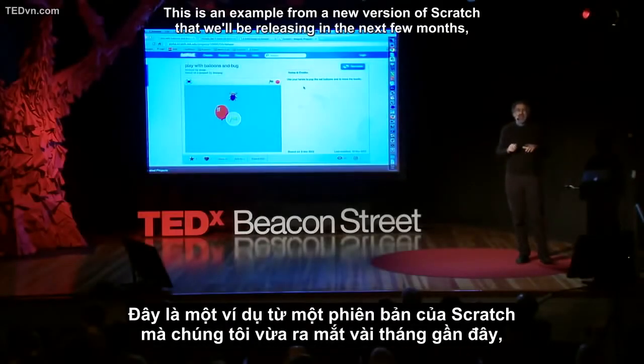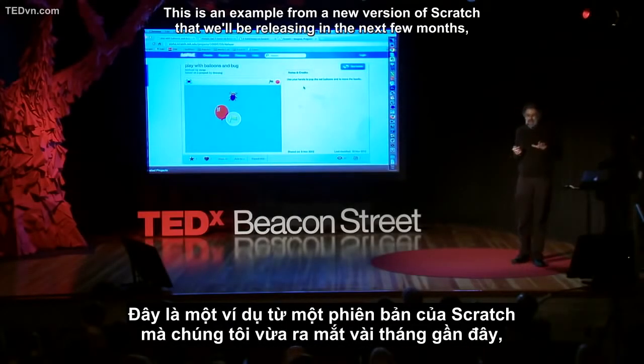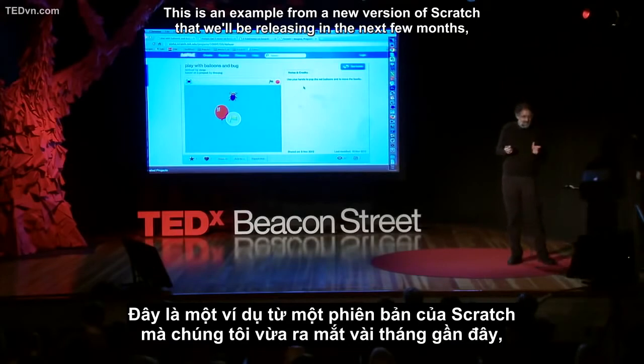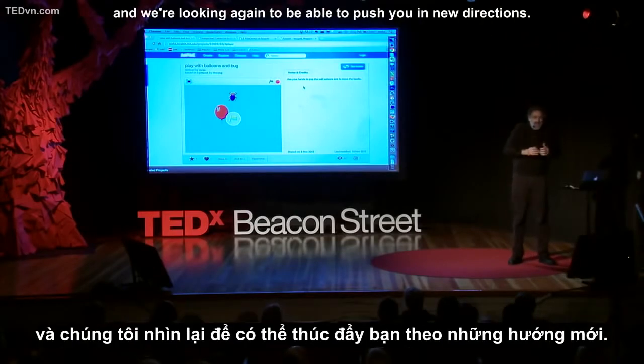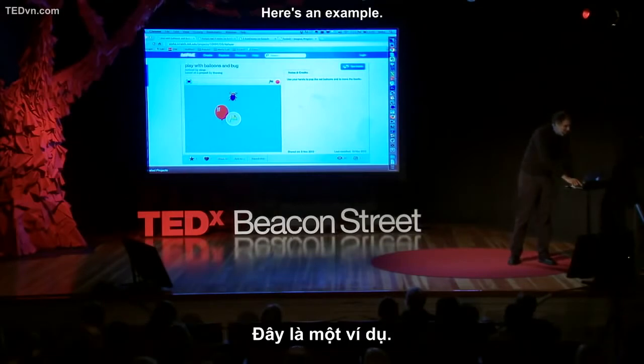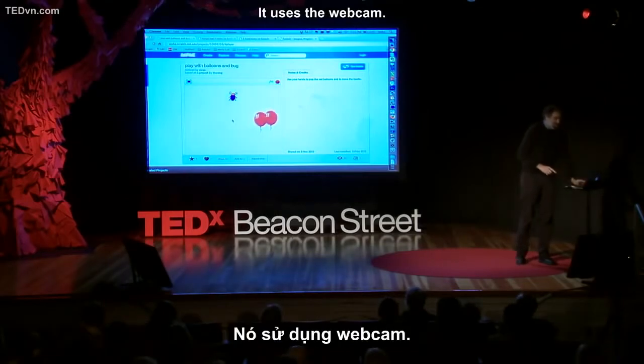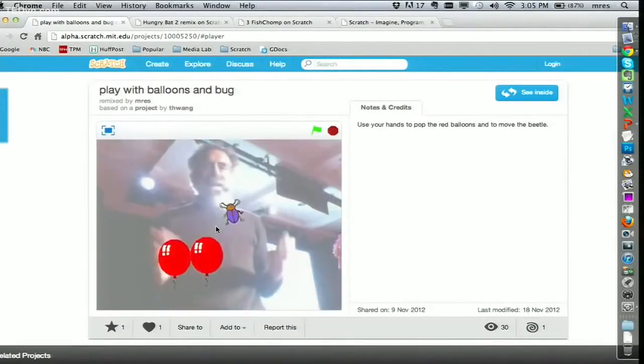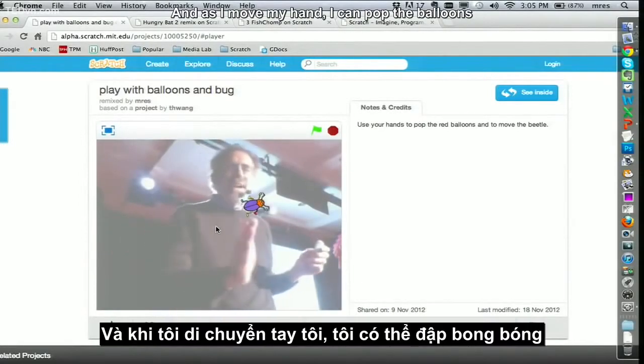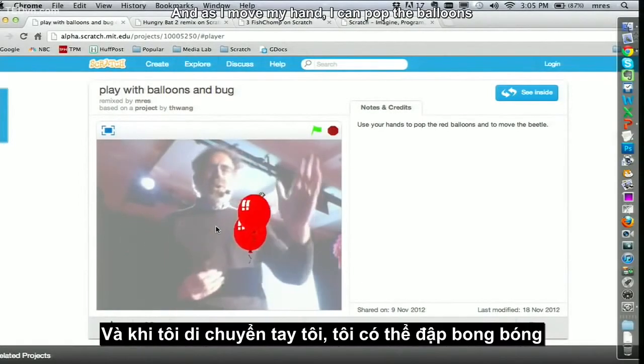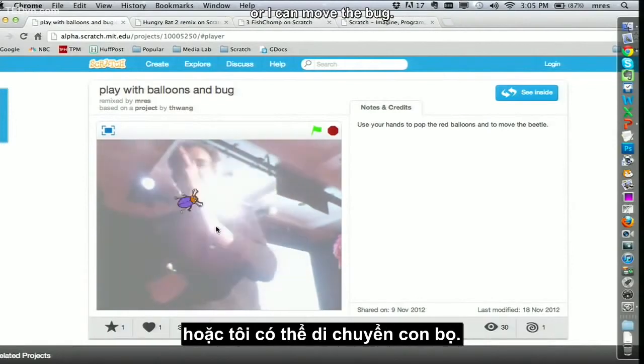This is an example from a new version of Scratch that we'll be releasing in the next few months. And we're looking again to push you in new directions. Here's an example that uses the webcam. And as I move my hand, I can pop the balloons, or I can move the bug.